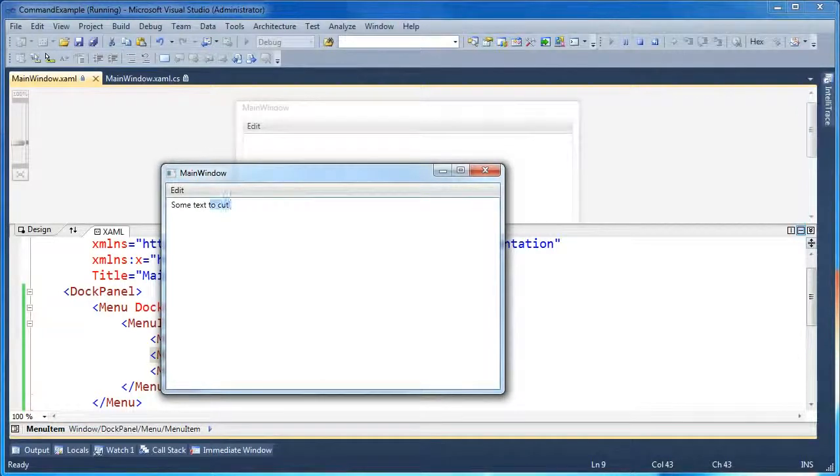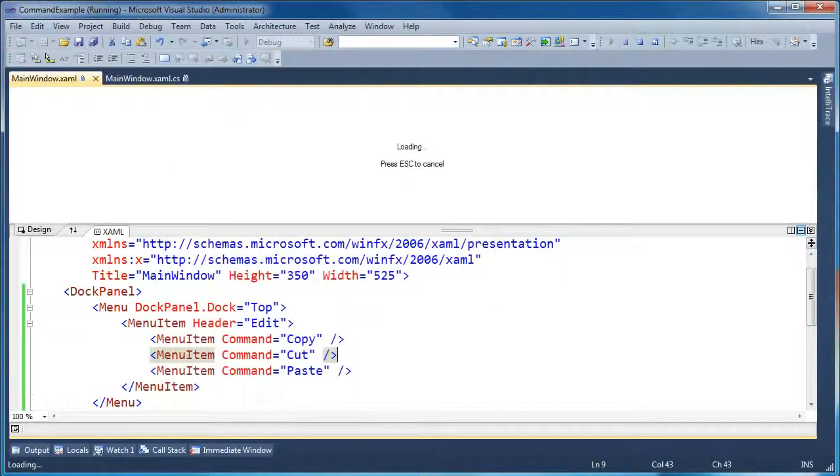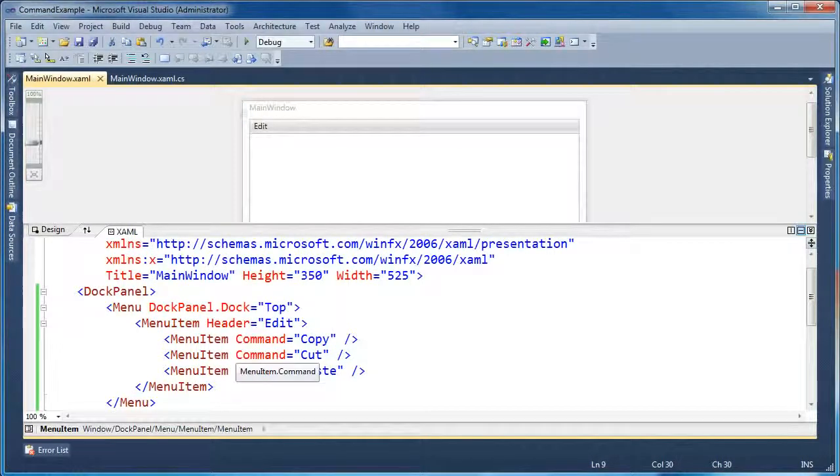And of course the shortcut keys work as well. I can highlight a piece of this text. I'm going to press Control X, and I'm going to press some spaces, and then I'm going to press Control V. So cut and paste works. Just showing a quick example here that cut, copy, and paste are all available to you by default, built